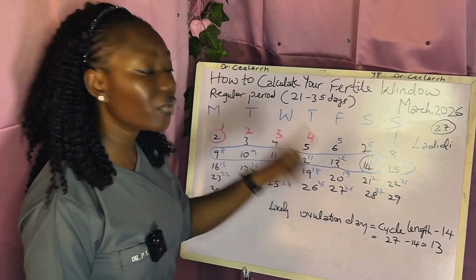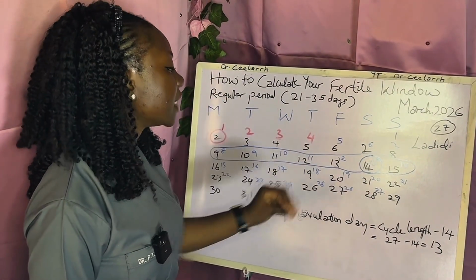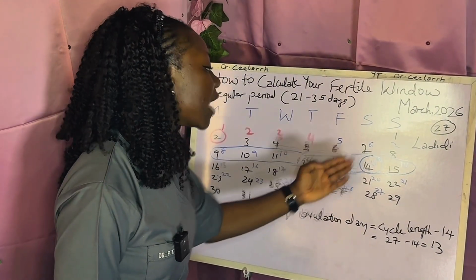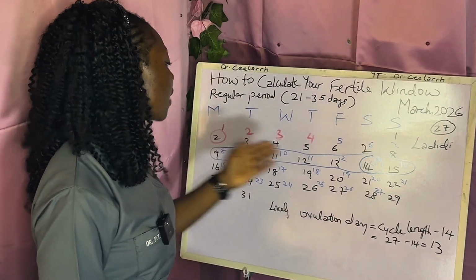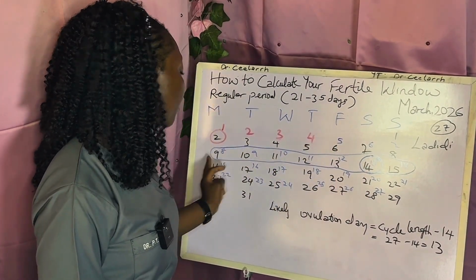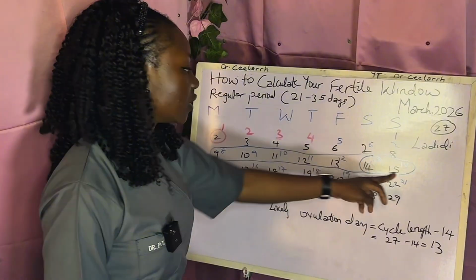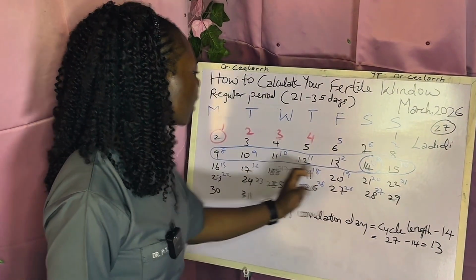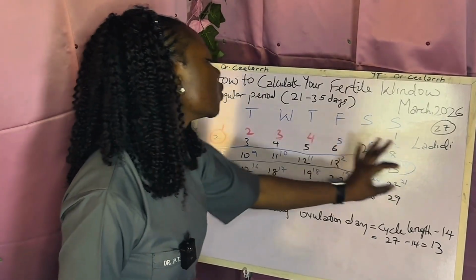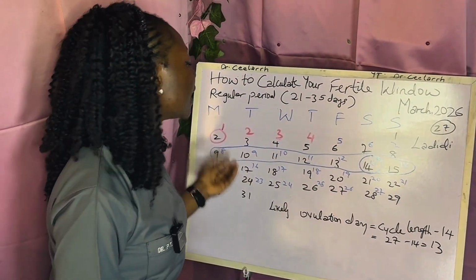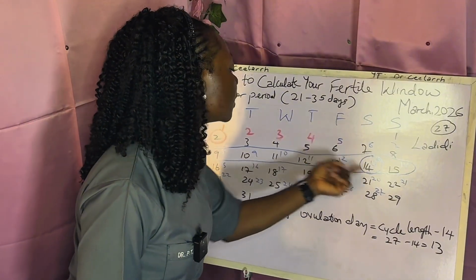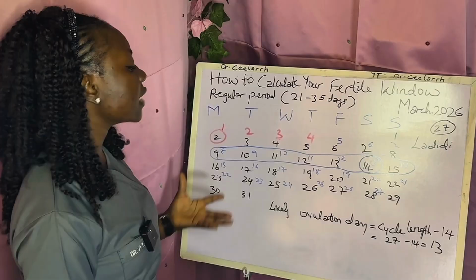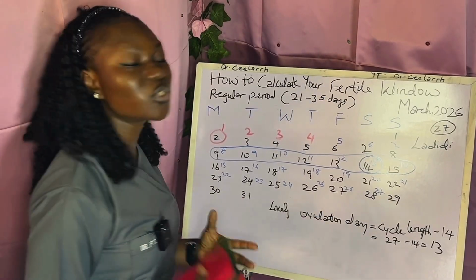So if she's likely to ovulate on the 13th day of her cycle, that means that the fertile window encompasses 5 days before she's likely to ovulate and 1 day after she has ovulated. So counting backwards, we have 1, 2, 3, 4, 5 days, and then 1 day after, which is this the 14th day of her cycle, right? So we now circled everything here. This shows her fertile window. So Ladidi has a fertile window of 1, 2, 3, 4, 5, 6, 7 days in the month of March for her 27-day cycle. Okay, so now let's go ahead to calculate the likely ovulation date for a 28-day menstrual